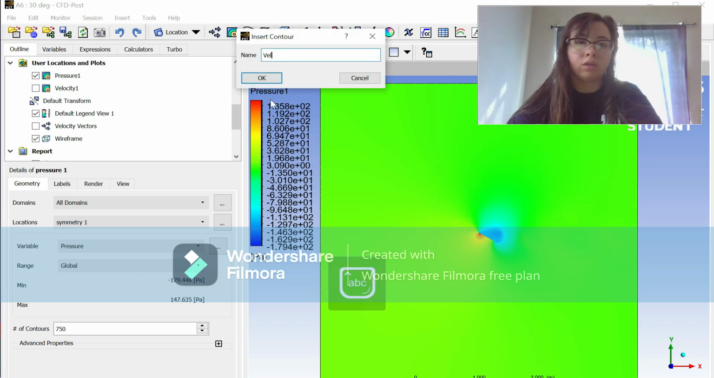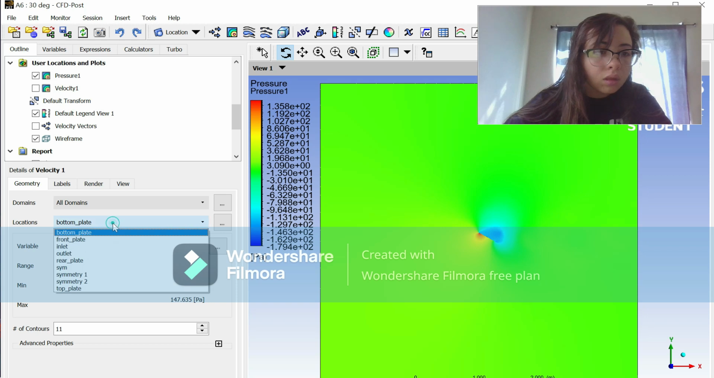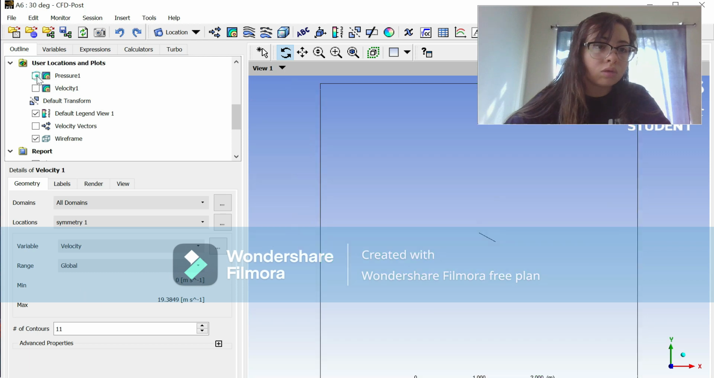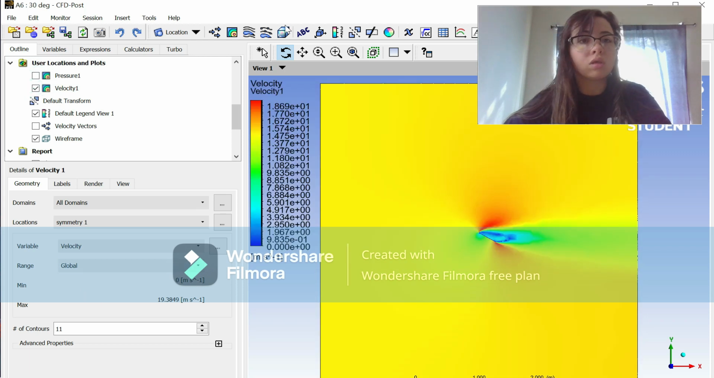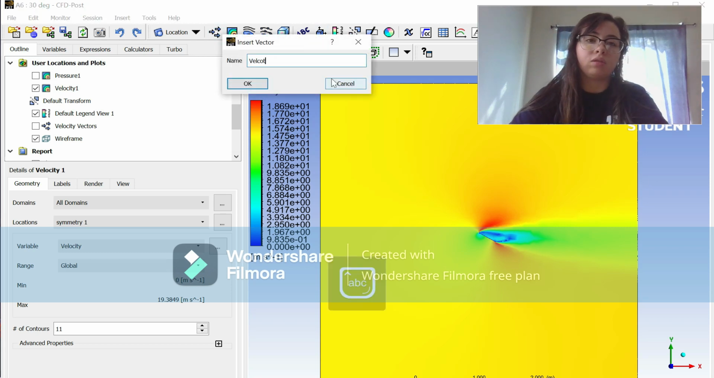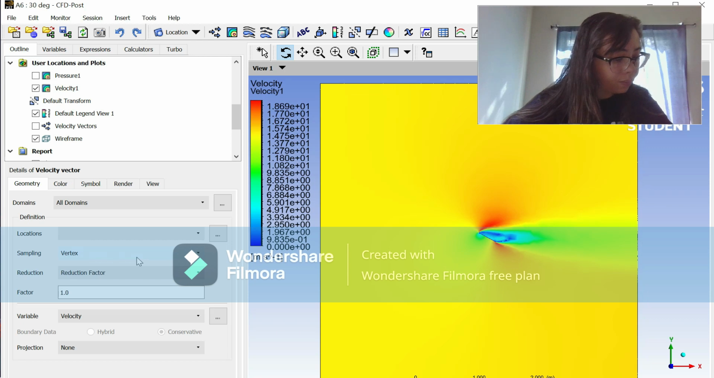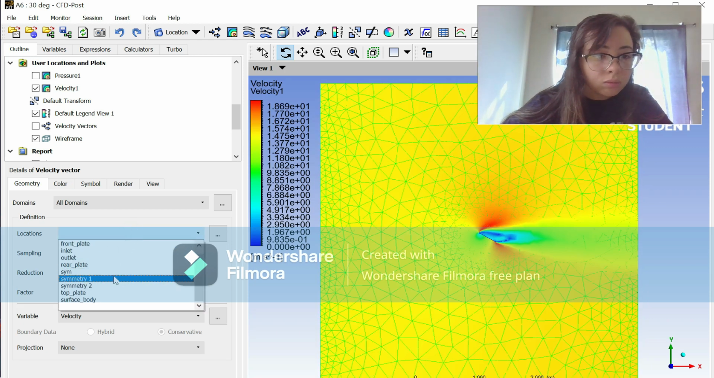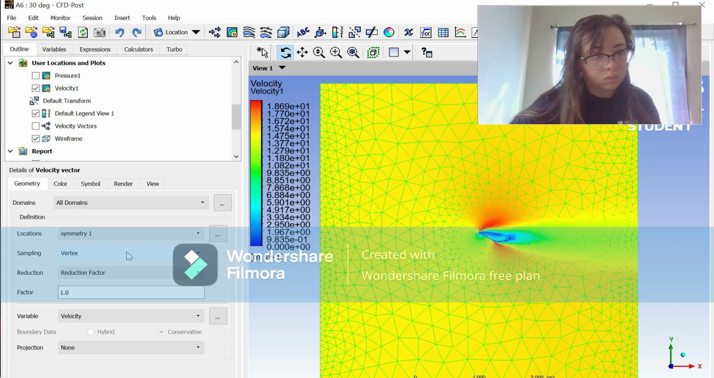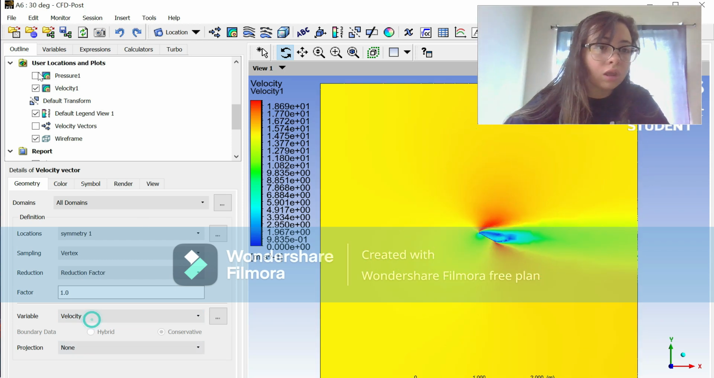Add another contour for velocity. Location, change variable to velocity. It will look something like this. And add... location will also be symmetry 1. Let's make sure your variable is velocity, and that